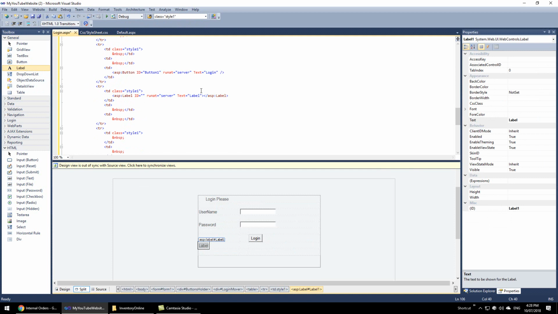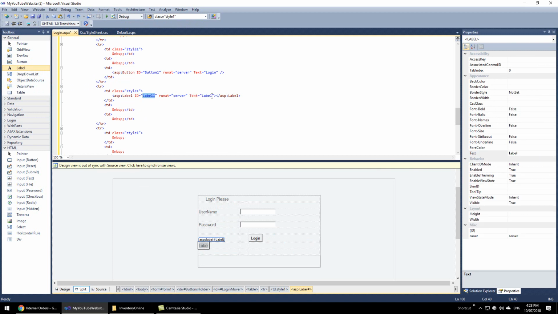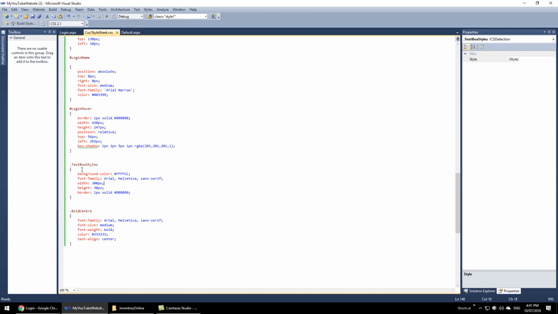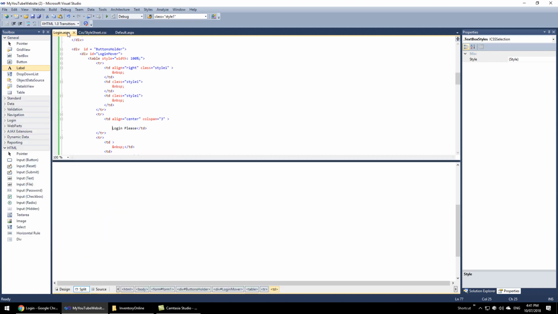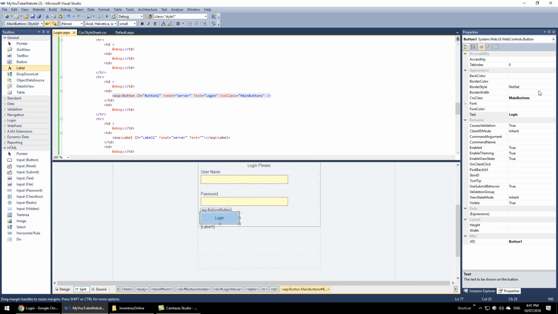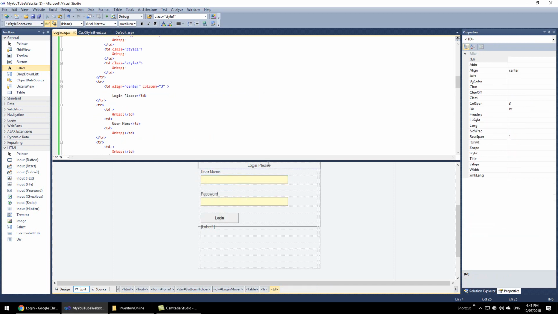Now, sorry, not the ID, the text. Swipe it up, nice. Let's see how it looks for now. It looks alright. So I have created text box styles for the text box and another style called bold center, and on the login control I selected text box and applied text box styles to them. The button, I am still using the main button style, and the login center, let's style it to